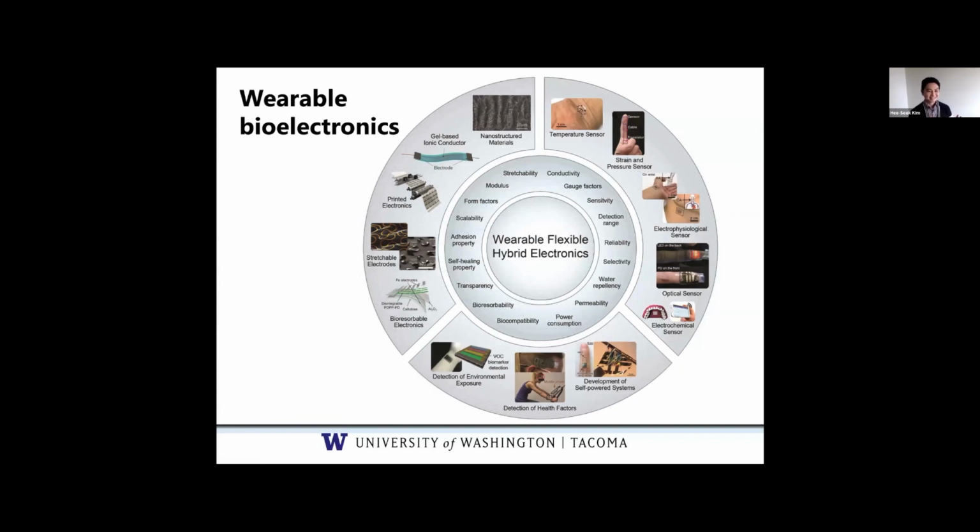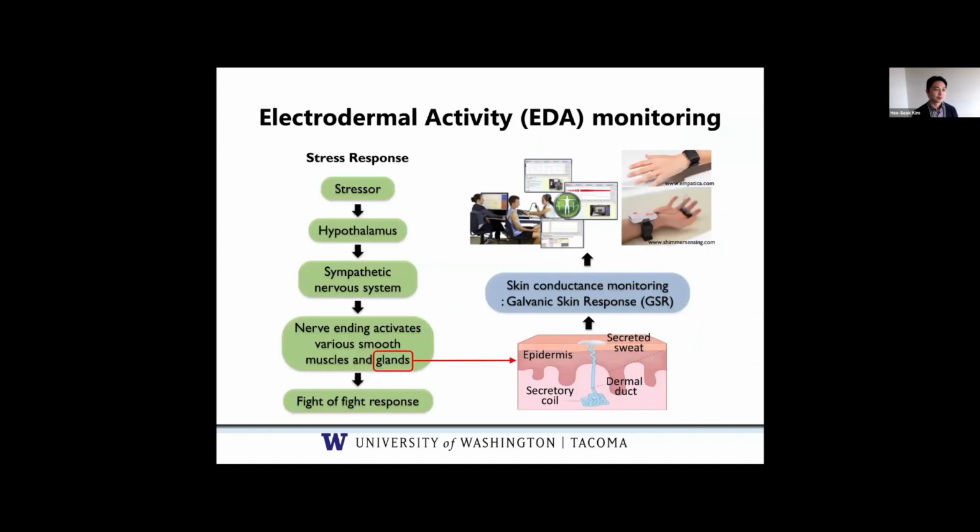Is it okay? Yep. Okay, so here is a wide range of research fields in wearable bioelectronics. And especially I'm working on electrophysiological sensors. I'm working on a couple of different types of biosensor. And one of them is electrodermal activity monitoring,